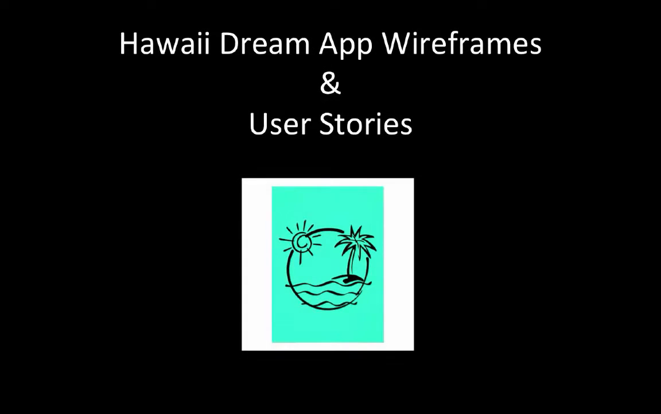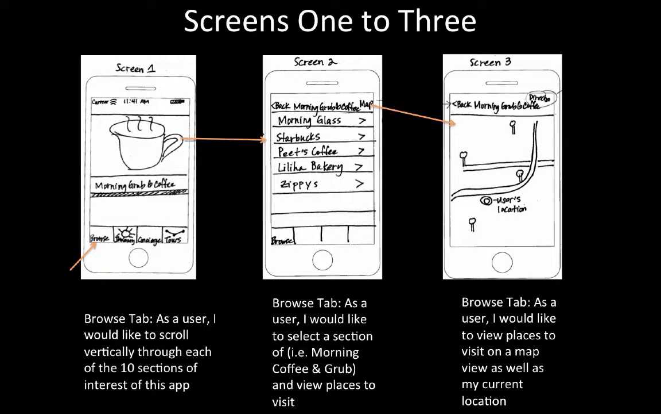All right, so we are just about to jump into the Hawaii Dream app wireframes and user stories. Let's start by looking at screen 1. There are a few things that I would like to point out on this screen before we discuss what's happening in screens 2 and 3. There are 2 ways to navigate through the Hawaii Dream app from screen 1. Via the collection view. This is the collection view here, and I talked a little bit about that in the HIG content views. Users can scroll vertically through the collection view